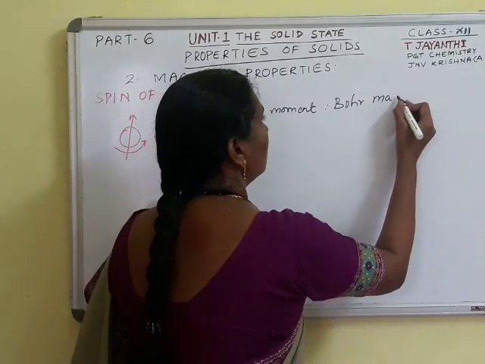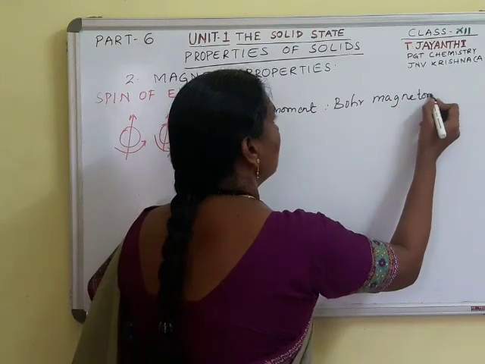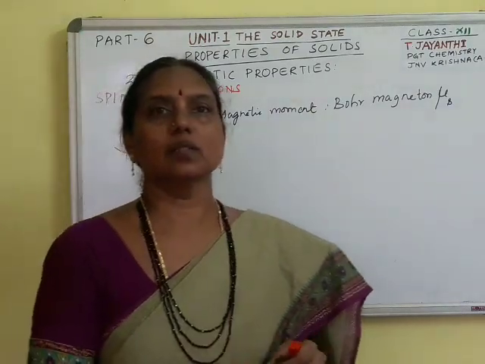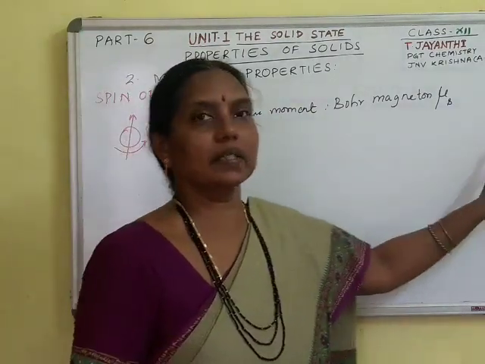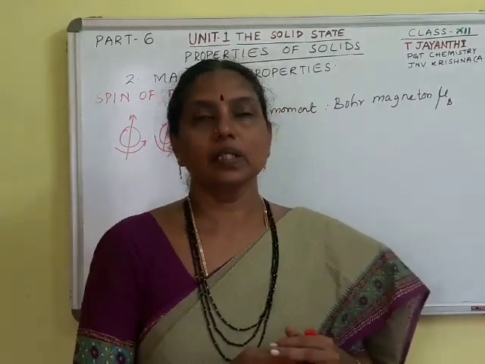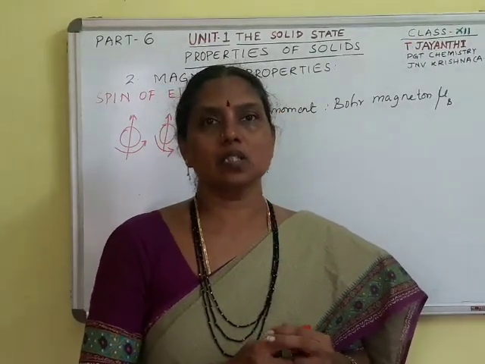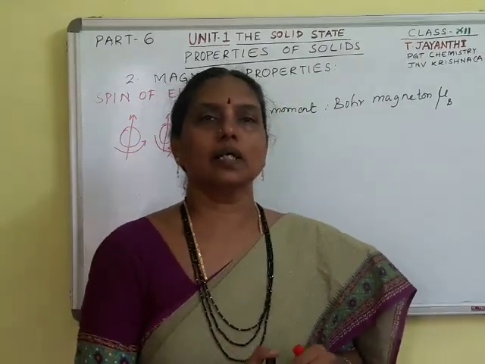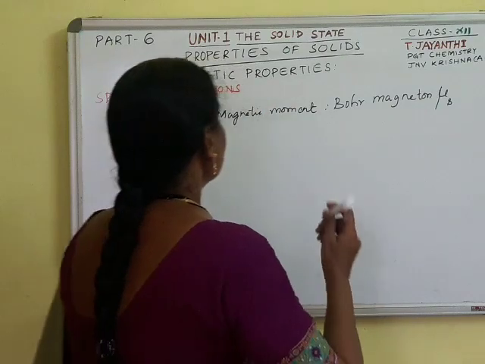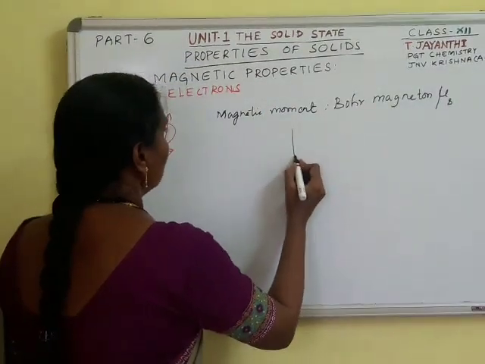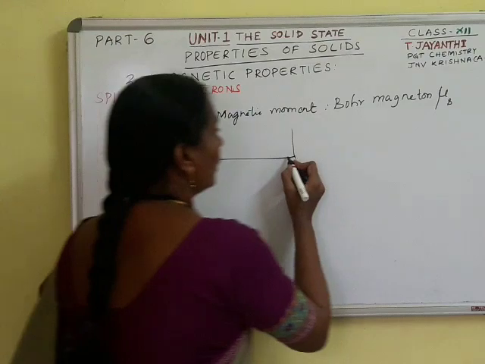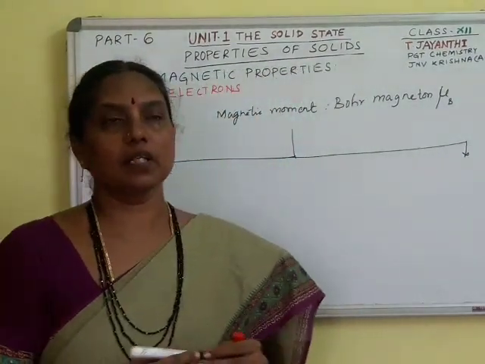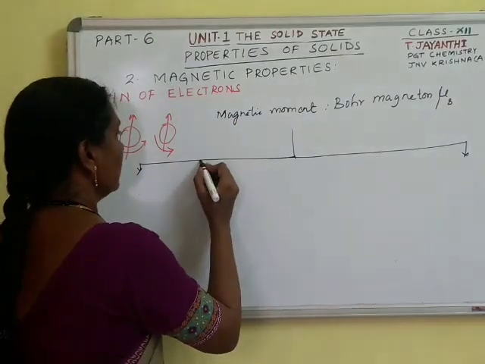which is given as Bohr magneton, represented as mu B. The magnetic moment of the solids is given in terms of Bohr magneton. So based upon the electrons, whether they are unpaired electrons or paired up electrons, or the arrangement of the electrons, the substances are classified into five types based on their attraction or repulsion towards the magnetic field,